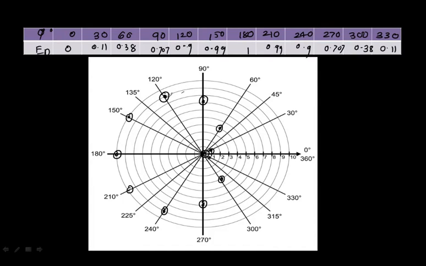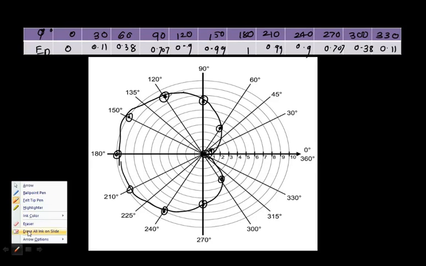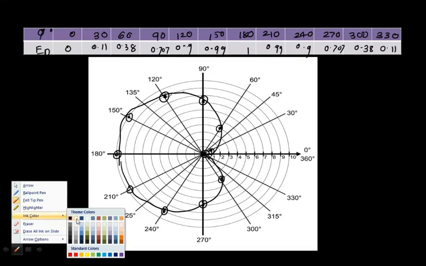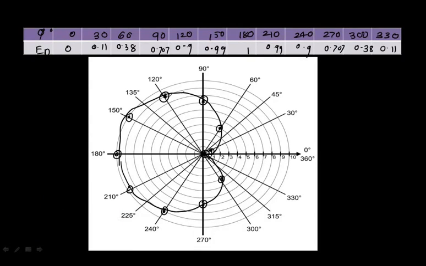So if I connect from 0 to here all the points, the radiation pattern you will get is nothing but this one. So this case is the same: two feeds which are of equal amplitude but with a quadrature phase shift. But you have changed the distance. This is the distance lambda by 4. Then you are getting this kind of a pattern. For lambda by 2, you have got a different pattern. So this is all about the case.